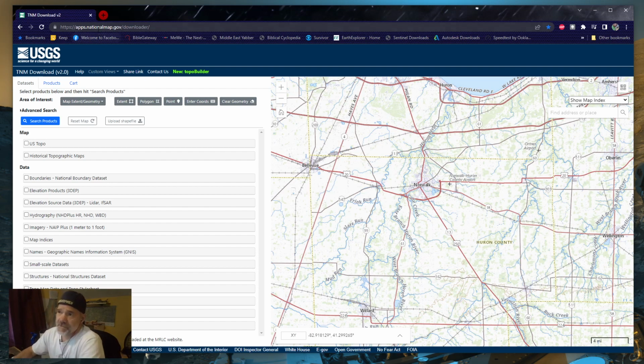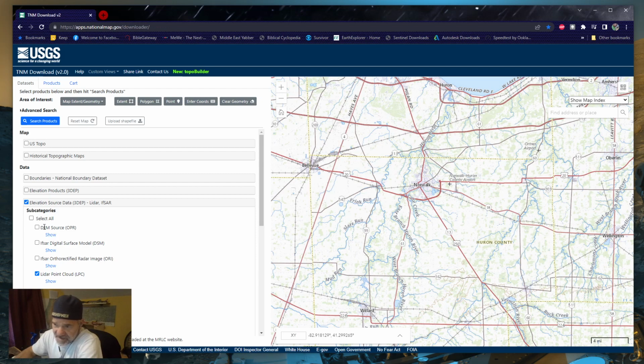Okay, so in the national map, if you want to search for LiDAR data, there it is right there, elevation source, and they have all other types of data that you can download besides LiDAR data, but that's what we're specifically targeting right now. So for instance, if I wanted elevation source data and I wanted LiDAR point cloud,